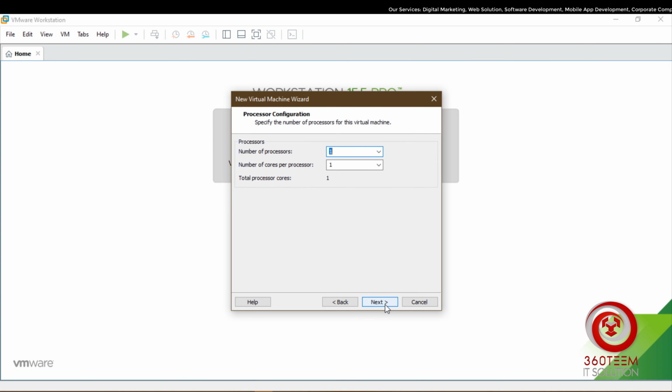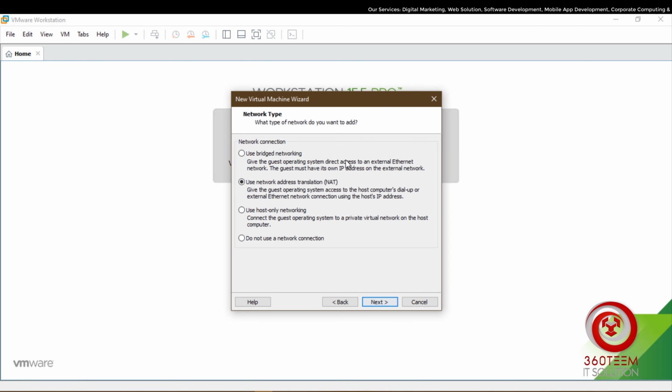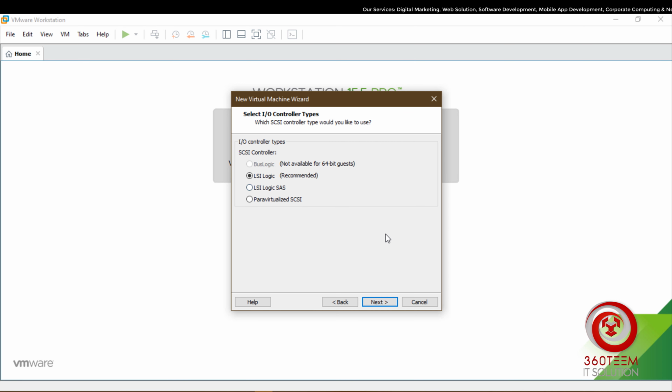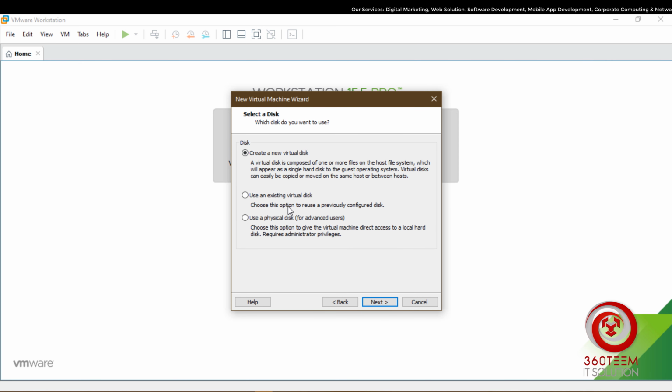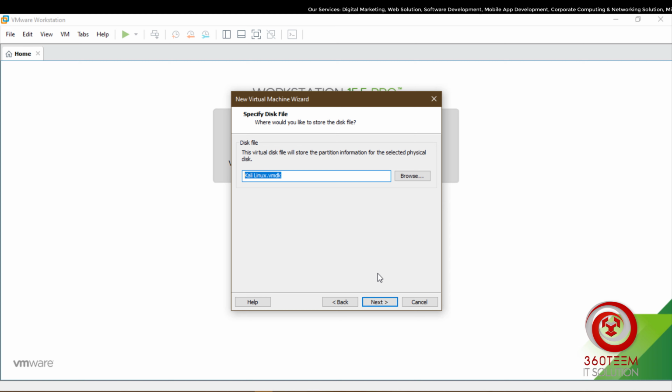Next, number of processors 1. Memory, I am assigning 2 GB. Next, virtual disk type SSD. Here I have to select use a physical disk, and next, I have to select my pen drive. This will be my pen drive. Next.